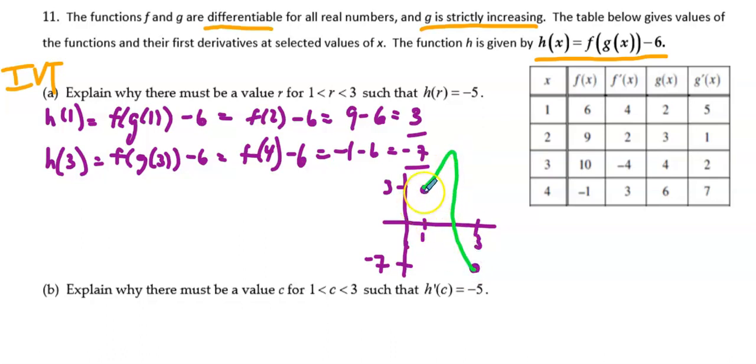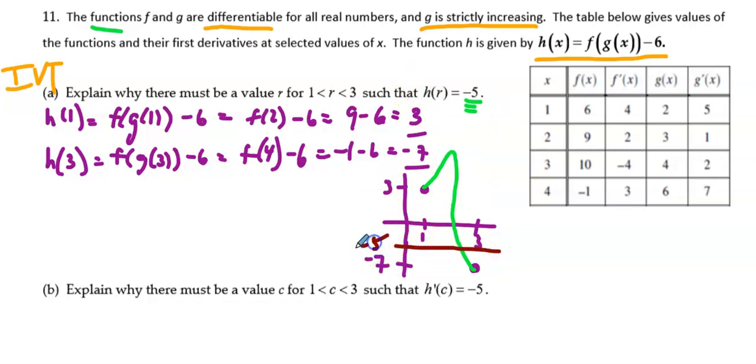Right, there we go. So it's also a continuous function, right? It's a function, so I have to connect the points. So when I'm at x equals 1, I'm at a positive value. When I'm at x equals 3, I'm at a negative value. But this says that I had to cross, there's some value of r,